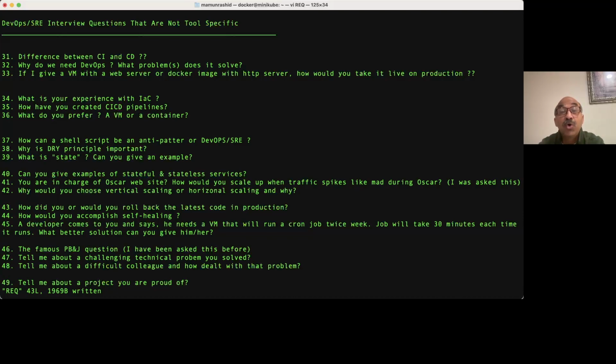It removes what's called toil. I talked about that in a different video. It removes manual work. It removes mistakes, human errors from manual work, and many others. But the main problem that is solved is that it creates automation and creates collaboration between developers and operations folks. Next question: if I give you a VM with a web server, or a Docker image with a web server,